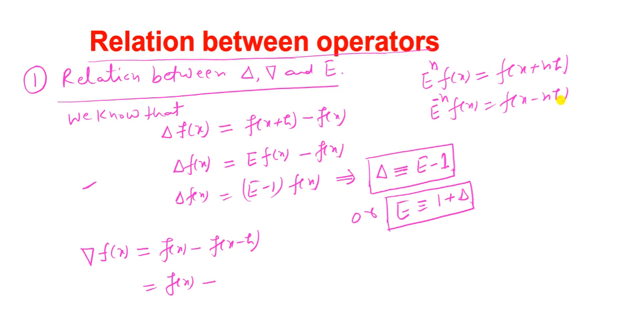So here this is x minus h, that is the coefficient of h is 1, so we write this expression in the form of the shift operator, so E raised to the power minus 1 f(x), or we write